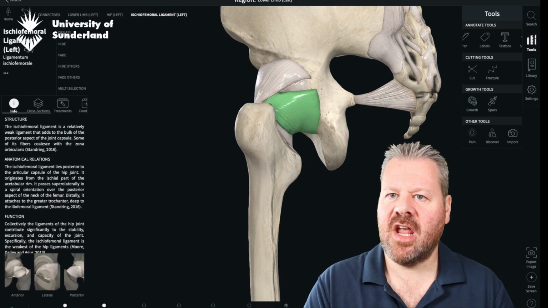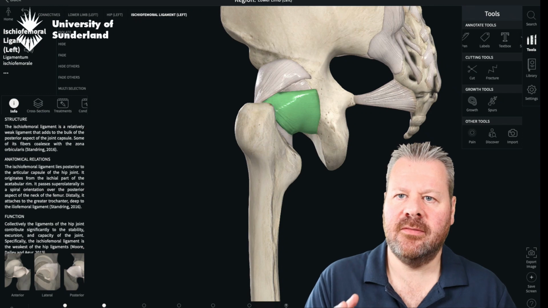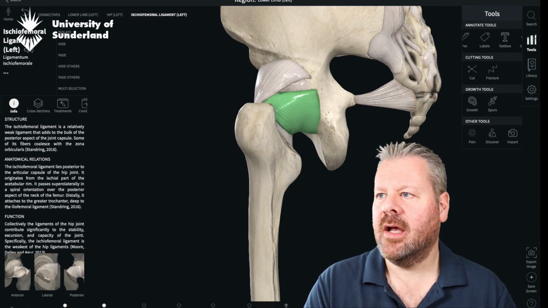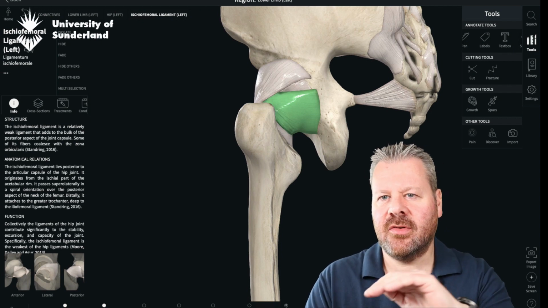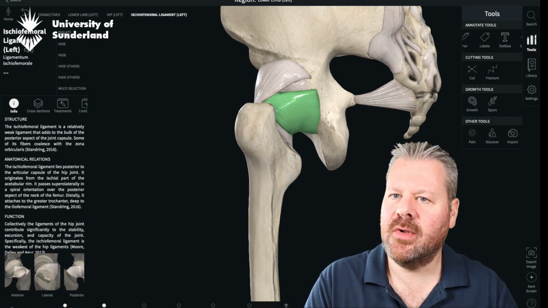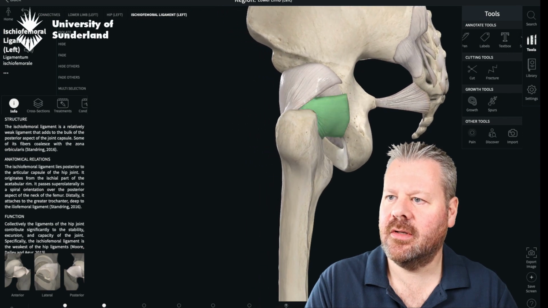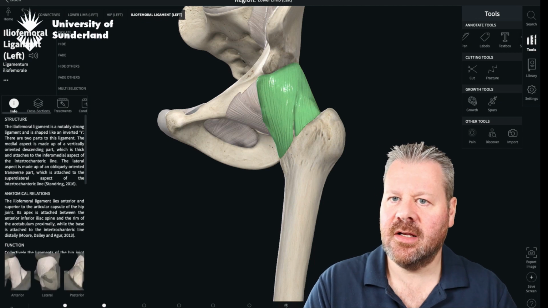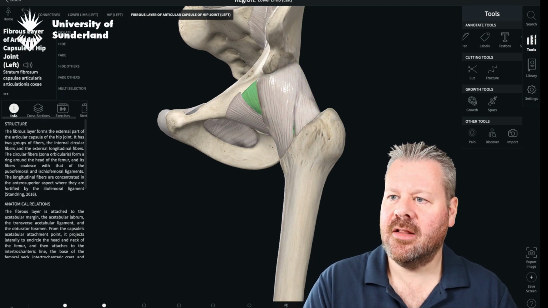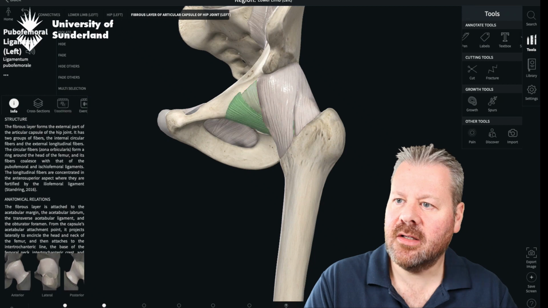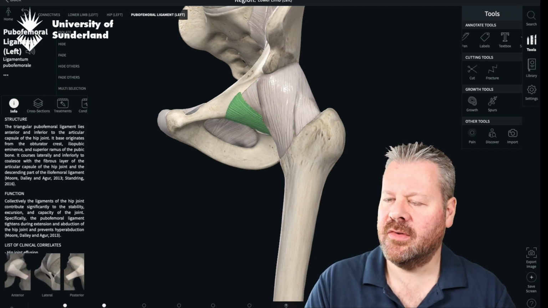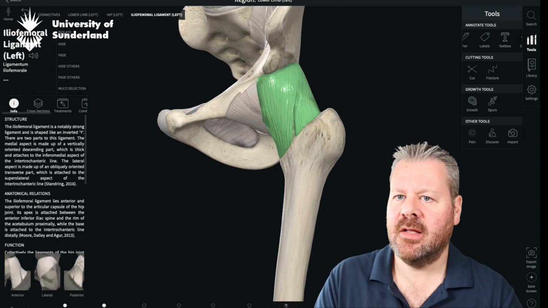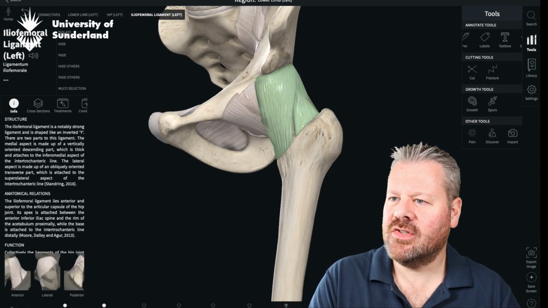You can see from the shape of them, we've got the ischiofemoral ligament at the back, and you can see how the fibers begin to curve and twist. If we move around a little bit and spin this on its axis, and we look at the iliofemoral ligament on the left, and then we examine the pubofemoral ligament, you can see the way they're shaping, especially this ligament here, the iliofemoral ligament,